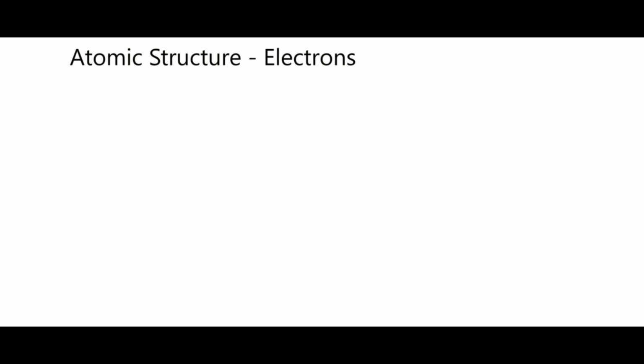We're going to quickly recap what you need to know for your midterm in terms of atomic structure, specifically how electrons are described. And we started this lesson off talking about the wavelength properties of light. We have the speed of light is equal to the product of the wavelength, that's lambda, times the frequency, that's